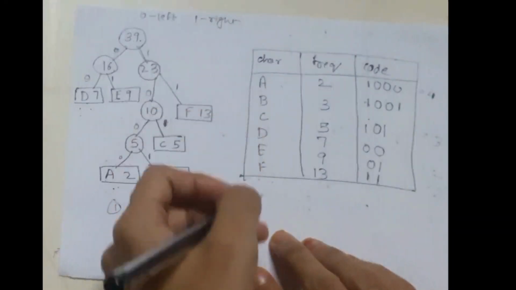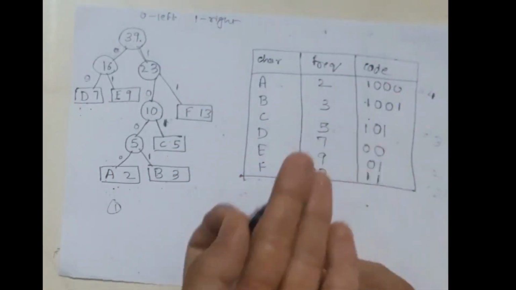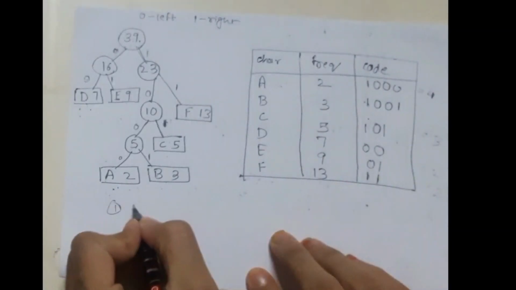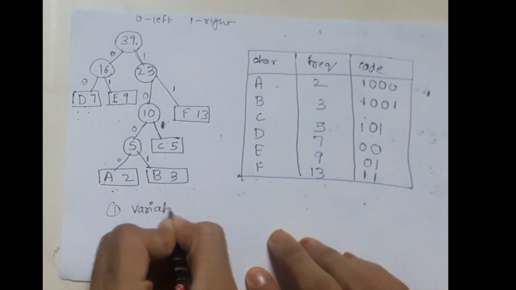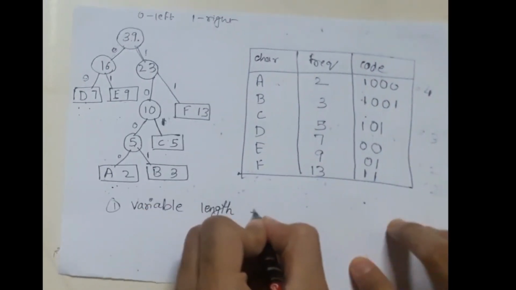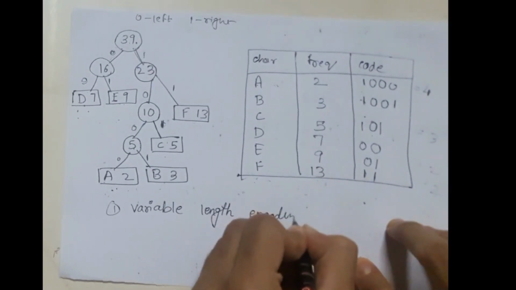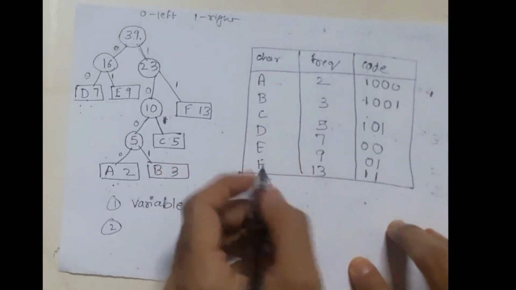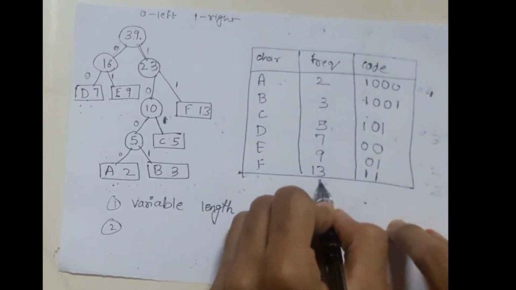So like this, every character has a different code, that is variable code, and the lengths are also variable. So we can say it is variable length encoding, right? Now the second observation which you can make is that, see, F has frequency 13, which is